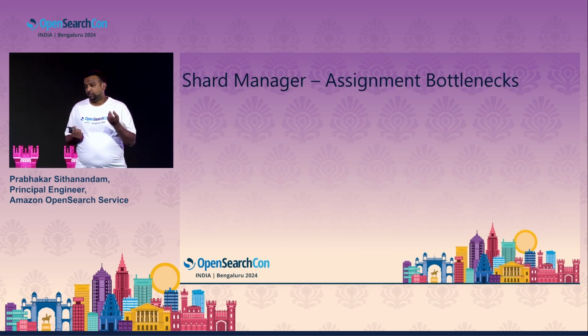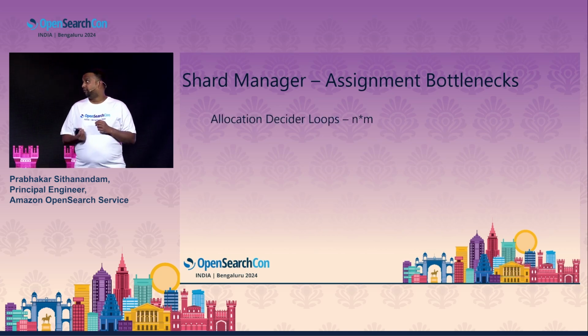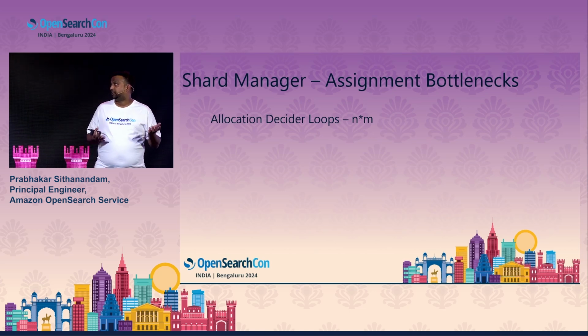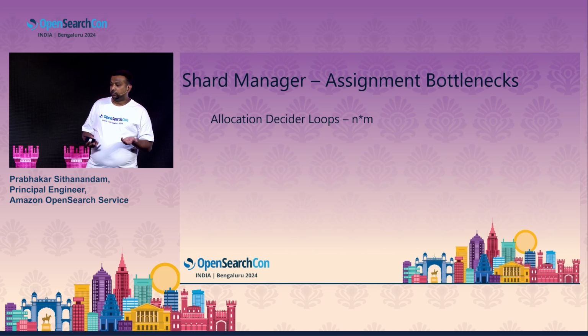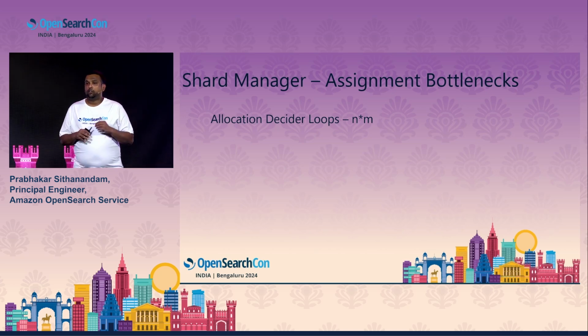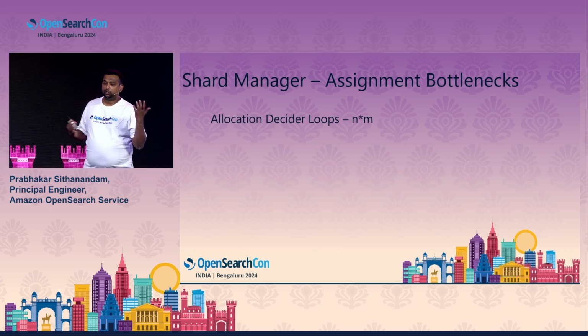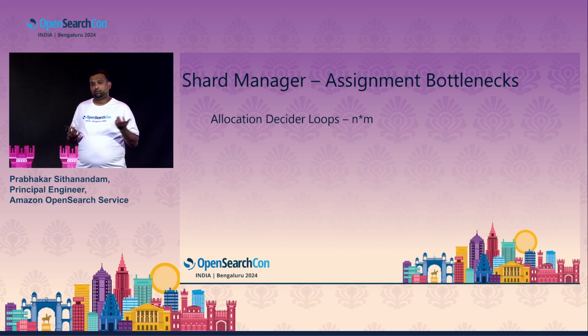It seems like a simple work, right? Just assignment, like some shards, some nodes, just assign it, right? But why does it become a bottleneck? When the number of nodes or shards is really small, when you're talking about 10 shards or 5 shards and 100 nodes, it becomes simpler. But if we really talk about the scale of, say, 500 nodes, 1,000 nodes, and million shards, this problem becomes